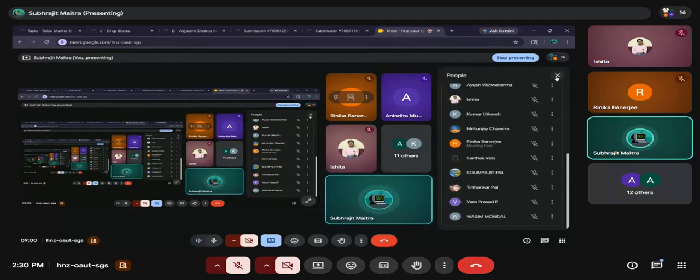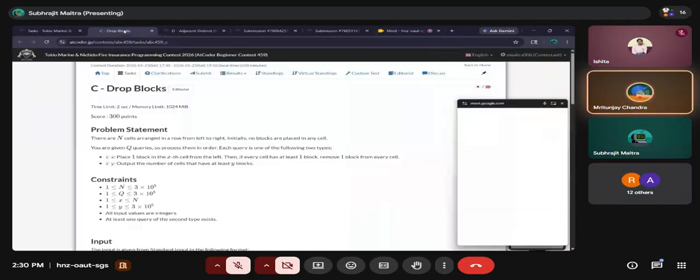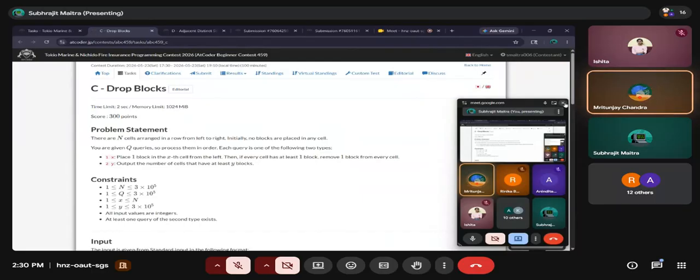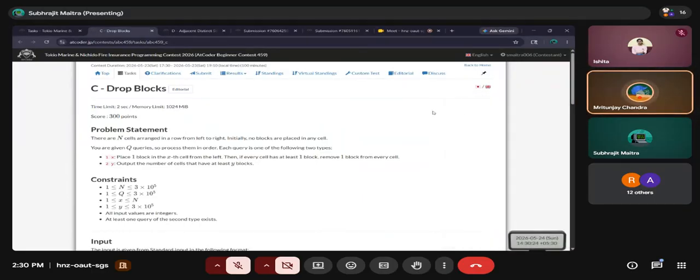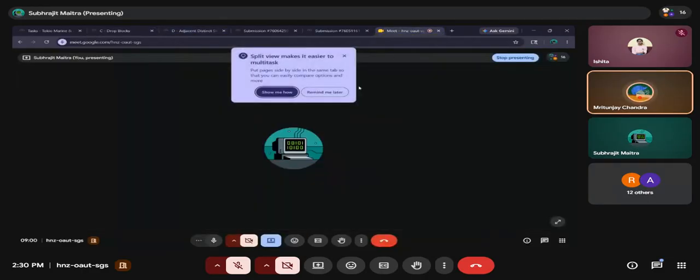Anyone? Mrityunjay, I think you have attended the contest. Do you have a brute force approach for this? Yes, I was thinking that we have to create a vector, and for each query, the time complexity will be big O of n into q.